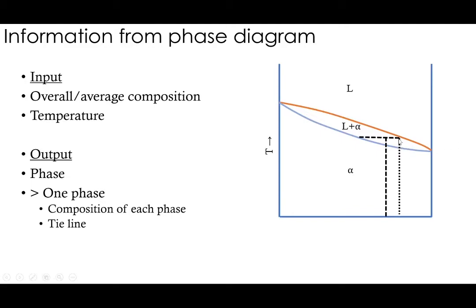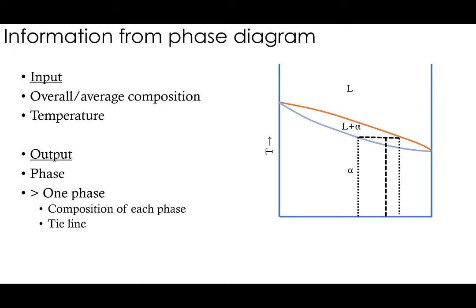Now, what does this line say? It shows some value on the x-axis, right? This is the composition of liquid. Where this line touches the liquidus line, beyond this point there is single phase liquid, so this is where the tie line is touching the liquid. Just drop that line down and see what the x-axis value is there. That is the composition of the liquid. Some percentage of A and some percentage of B will be the answer. Similarly, this line here is going to give us the composition of alpha, the solid.